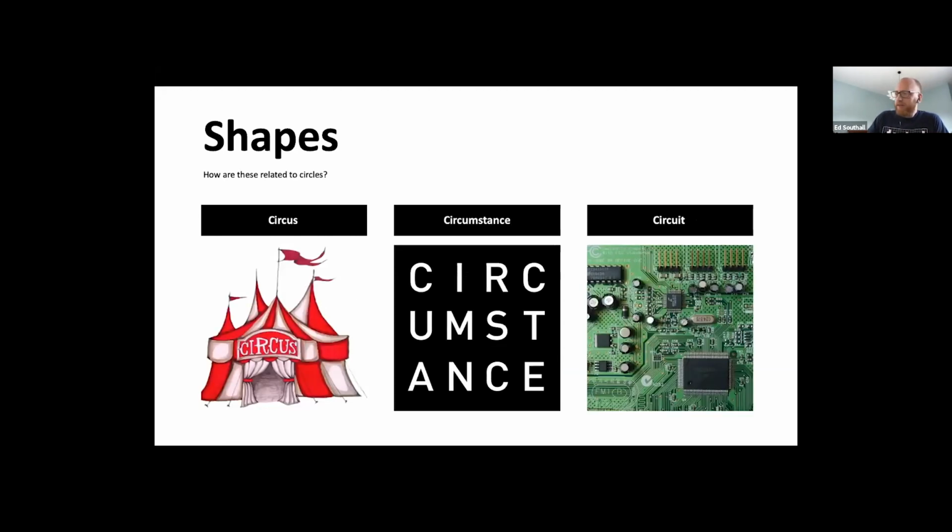Okay. Again, looking at common themes across words. Circle, of course, is related to circus and circumstance and circuit. And I'm sure there'll be someone in the comments putting some of the more rude words that begin with circ. Oh, they will now. All of these words are related. Circ is the same prefix for all of them. It's not coincidence. Can you see how a circle, regardless of the word itself, is related to those other three examples?